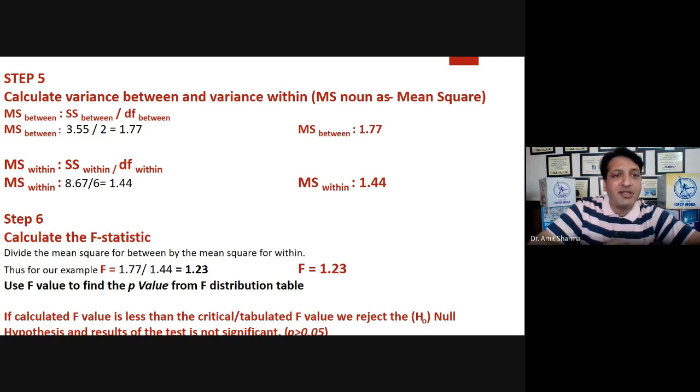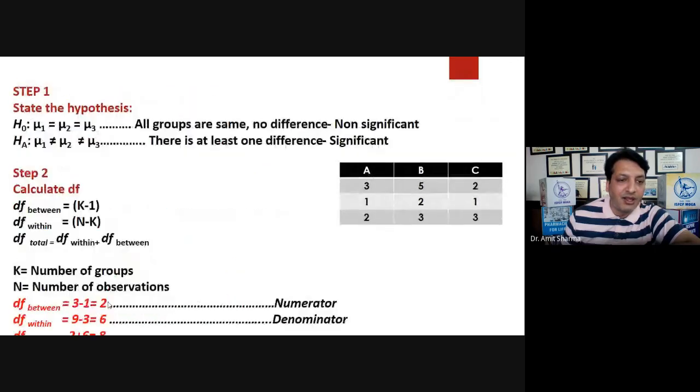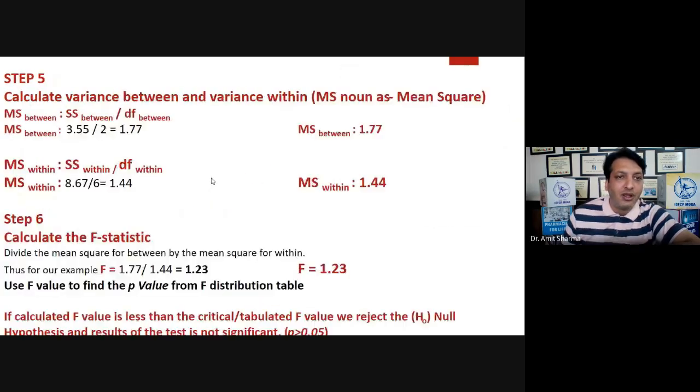So in the previous step we have already calculated SS between and degree of freedom between. So by using these two, we can calculate the MS between. Already in the previous step, you can see that SS between I have calculated, and that was found to be 3.55. So this 3.55 I'm going to take, and the degrees of freedom which we have calculated here, that is 2, 6, and 8, this we are going to use. So 3.55 divided by 2, 2 is the degree of freedom between, and we have got 1.77. This will be called mean squared between. Clear? So mean squared between we have found 1.77.